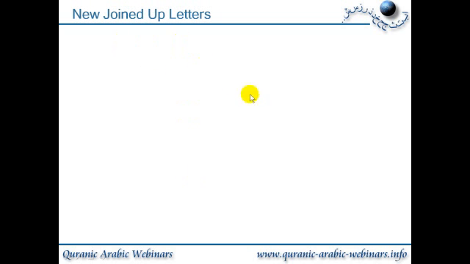New joined up letters. So we're going to look at a combination. If we have the letter lam and the letter alif, sometimes they are written together like this. So here we have the letter lam, and they move the pen backwards and then draw the letter alif. So this single looking sign is actually called alif lam,